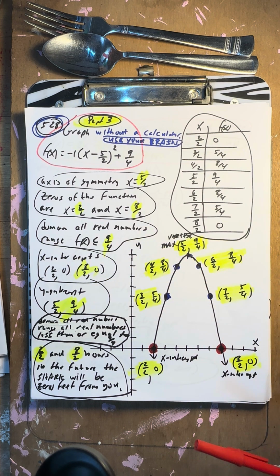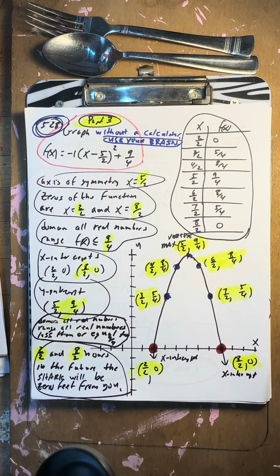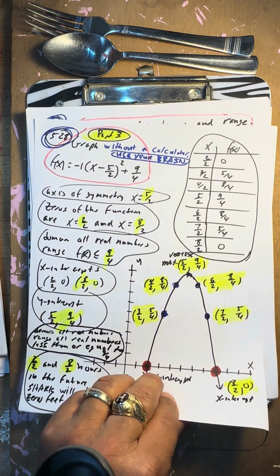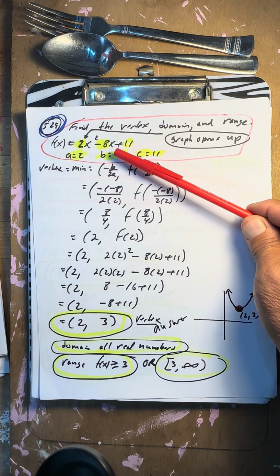Okay. And think like this: 2 over 2 or 8 over 2. You can simplify that to 1 and 4. Find the vertex, but we're going to use a calculator if you want to. So the vertex of this,